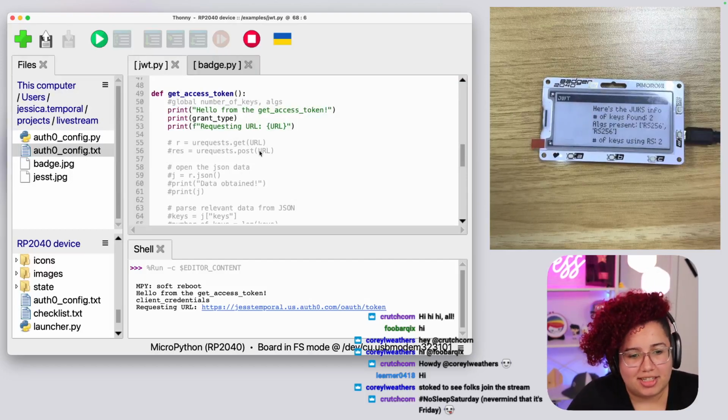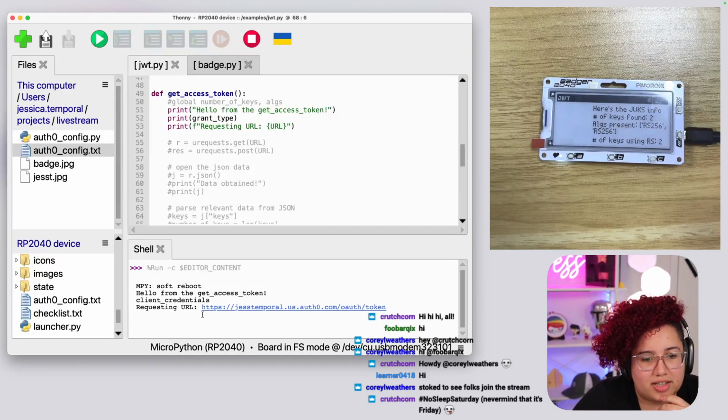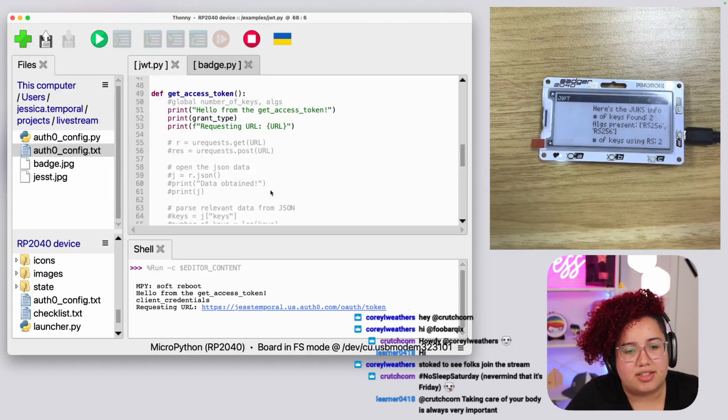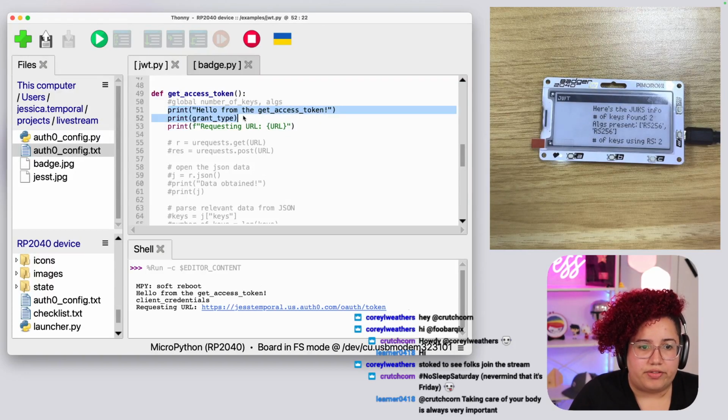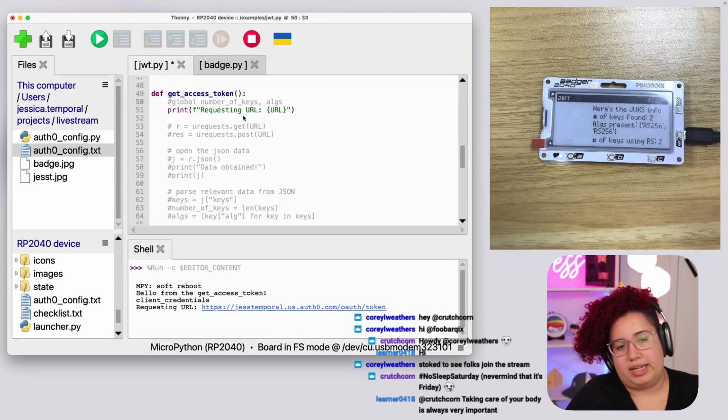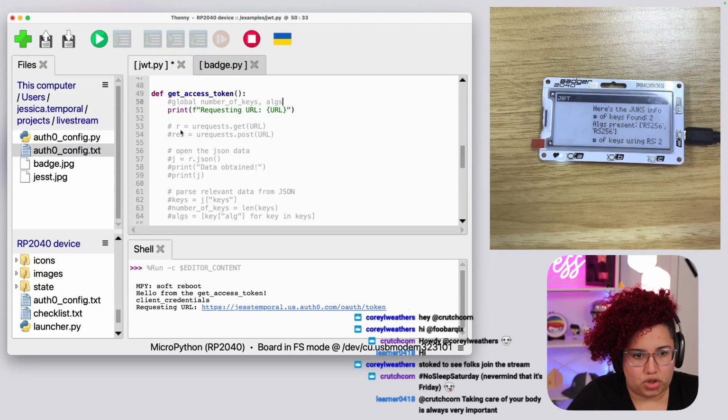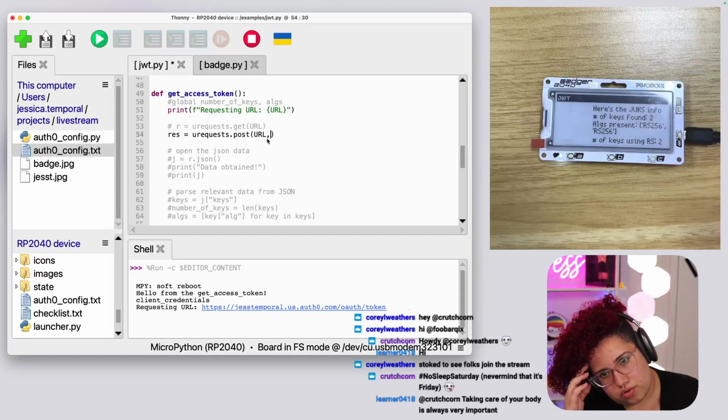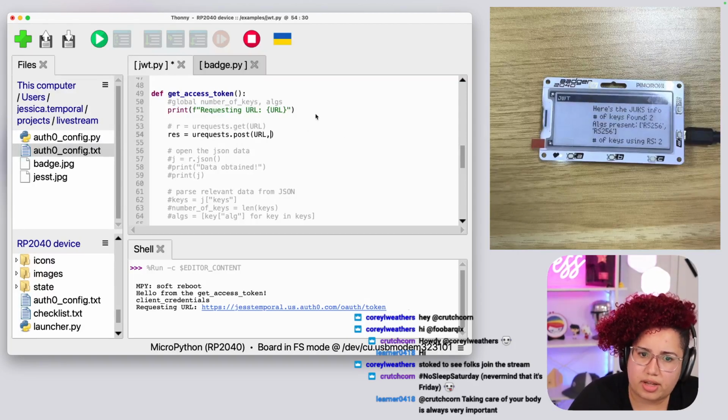I need my Friday. Oh, so you make the request. Look, well, not made the request, but it printed out the information from the URL. I guess I can remove the client relations print and the hello from the get access token too. So let's get rid of this. We know that is working. So far, so good. And let's get back to doing our request. So we wanted to pass along the post URL. We need headers. So do we have headers in the optional parameters for this thing?